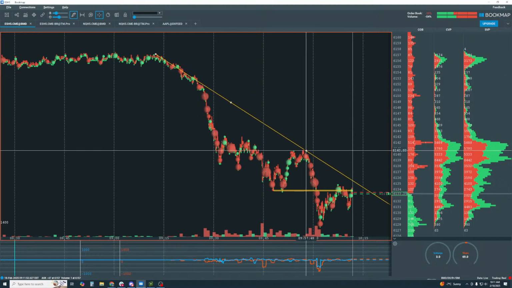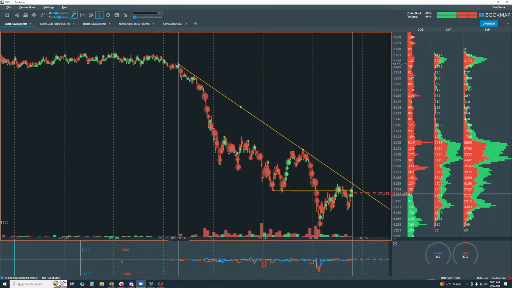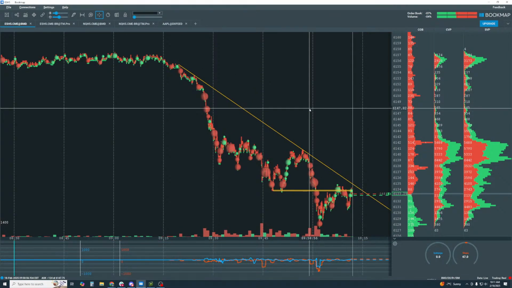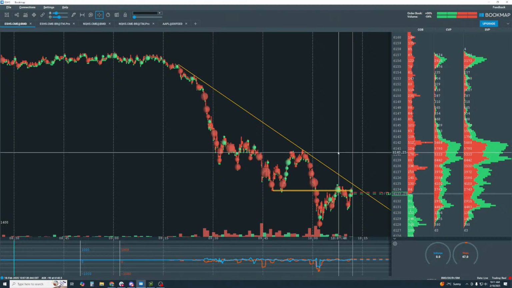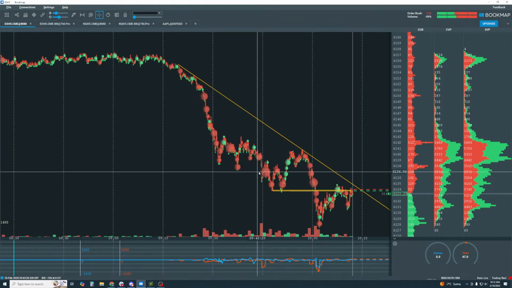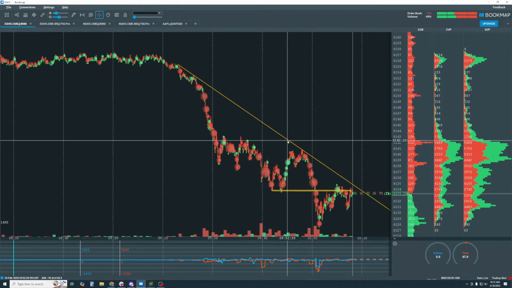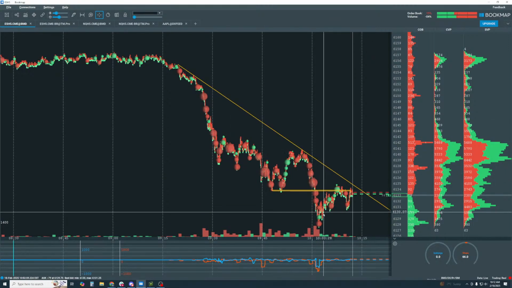Put a trend line in. It's a pretty sloppy trend line. Something like that. So this is just putting in structure, understanding the movements in the structure. Sellers in control, moving price lower.